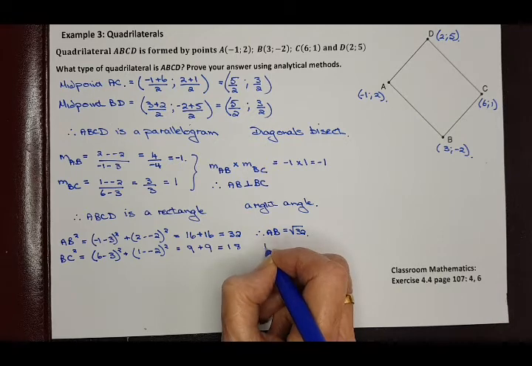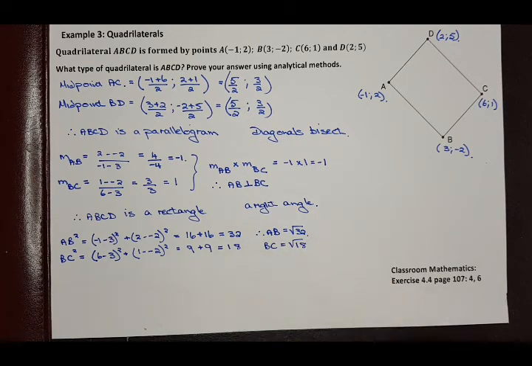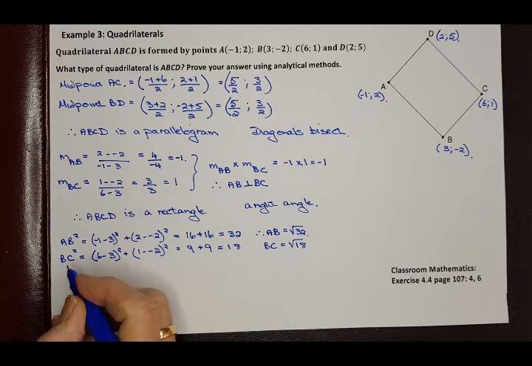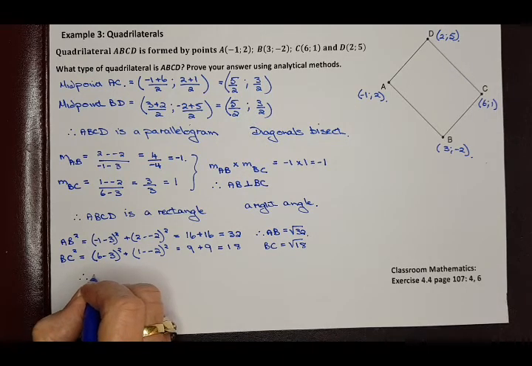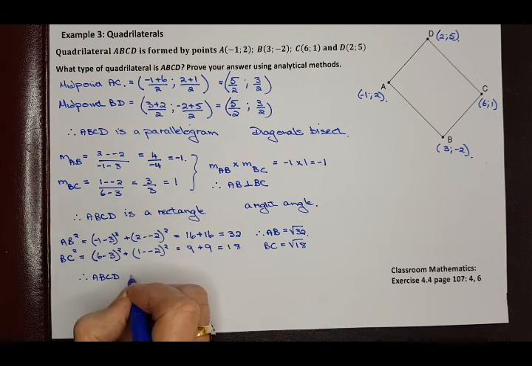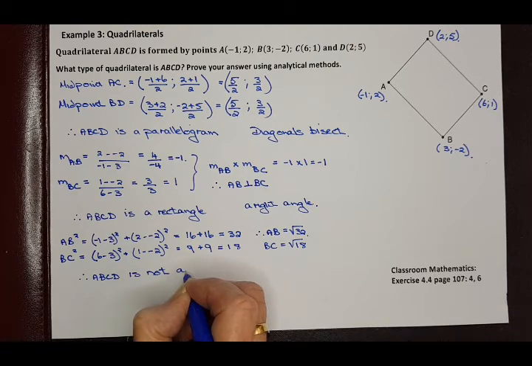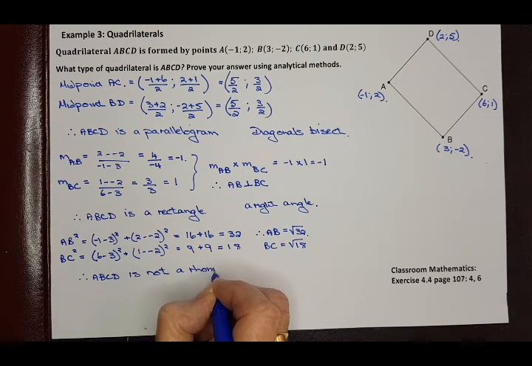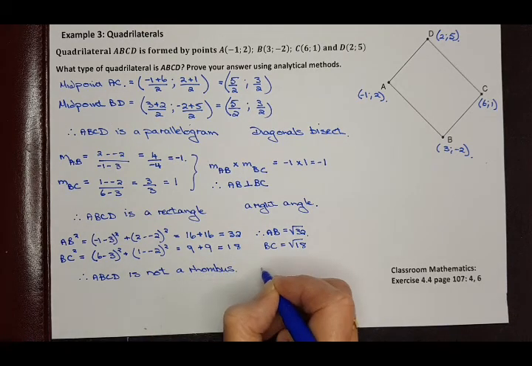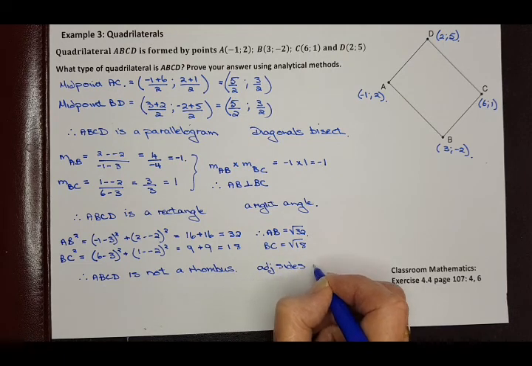So in other words, the length of BC would be the square root of 18. This is clearly not going to be a rhombus because we do not have adjacent sides equal to each other. So the most that I could say about ABCD is that it is a rectangle. Okay, it is not a rhombus. And the reason adjacent sides are not